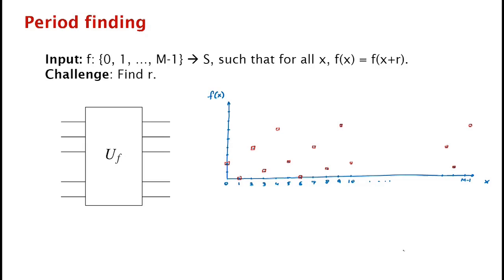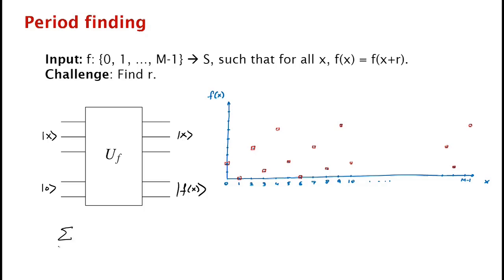Well, the first thing the quantum algorithm does is it converts the circuit into a quantum circuit. So now it takes as input x, zeros, and it outputs x, f of x. But of course it can do this also in superposition. So here's the idea. What we are going to do is set up the uniform superposition on the x's and then run the circuit. So we'll get as output